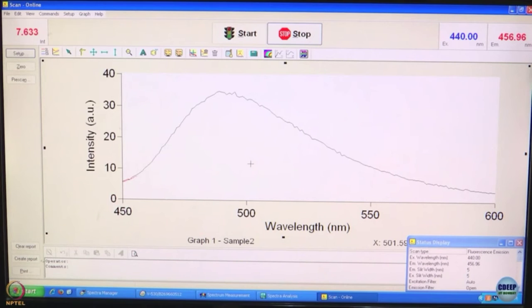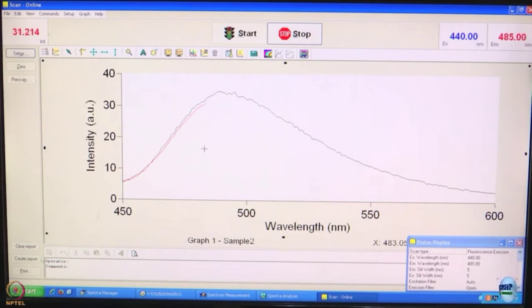It has started recording. You might see this small line coming up. So, what we see is it is more or less following the spectrum that we had recorded earlier, but the question is, we have made it slower. So, does the quality become any better or not? We will come back to that question once we have reached the maximum, but perhaps a minor point to note here is that we are recording the emission spectrum for the same sample a few seconds after we had recorded the first one, and you can see that they are not exactly overlapped.